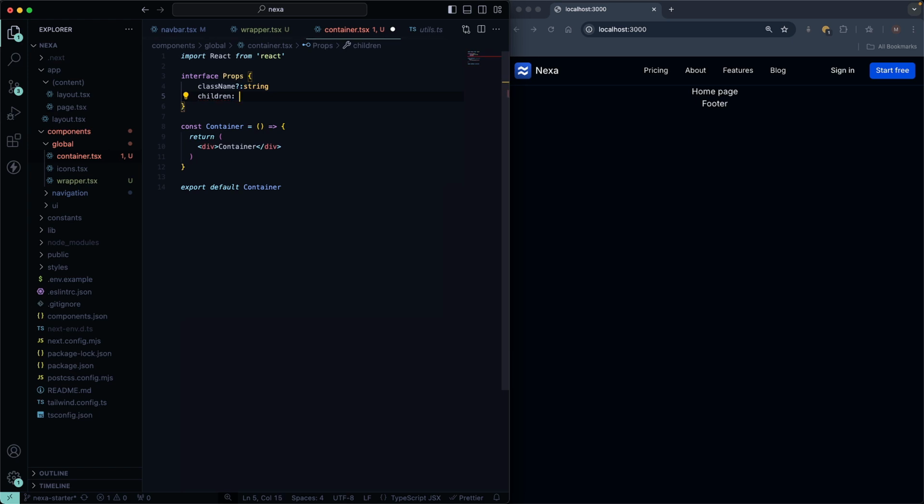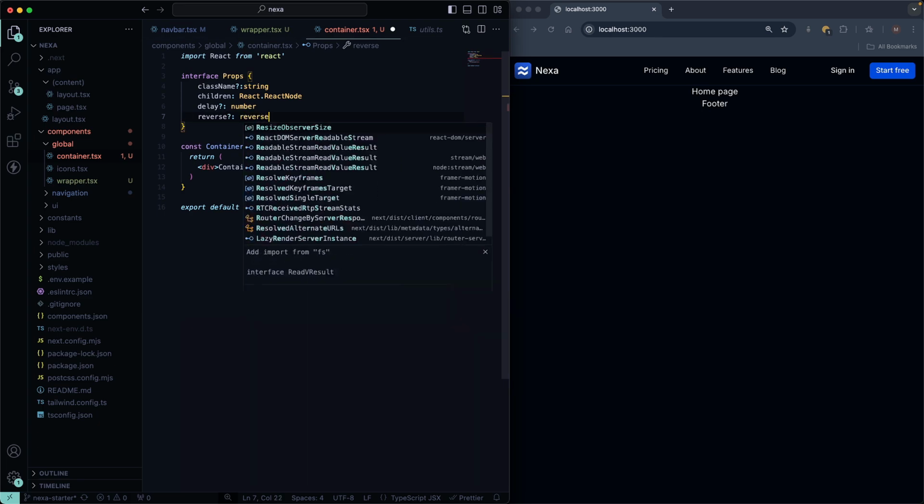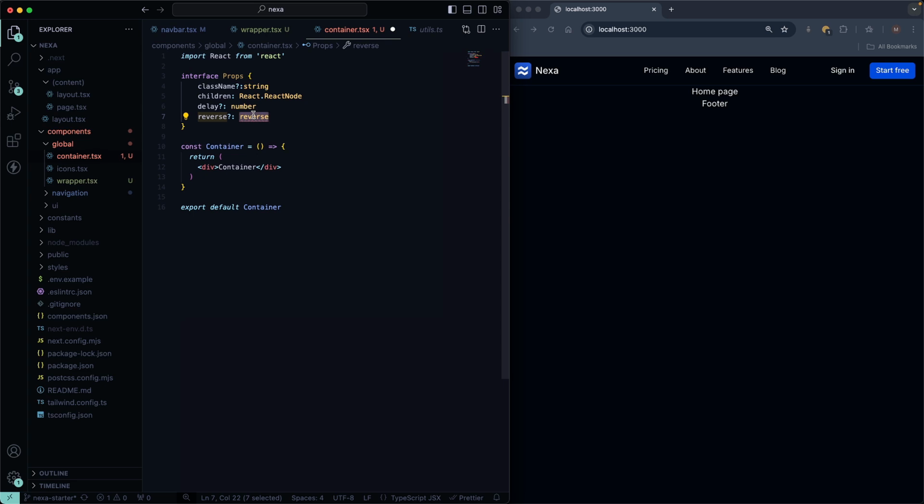This shouldn't be optional. And these would be React nodes, a delay. And what the delay would do is it just sets a delay for when things render, and we're going to see that in action in a bit. And I'm just going to set this should be a number ideally, and it would be a number in seconds. And I'm also going to specify, oh, made a mistake here,